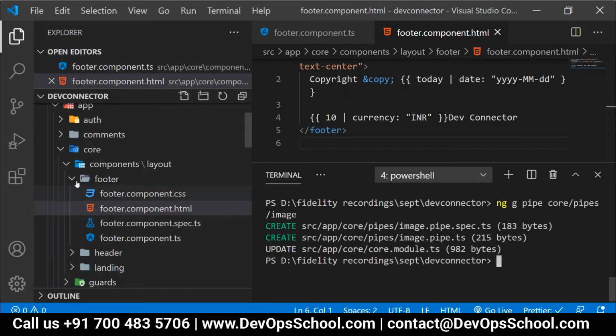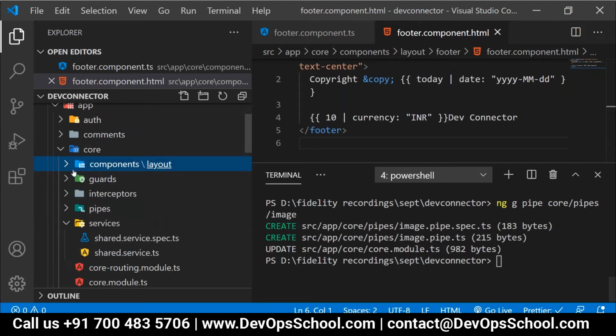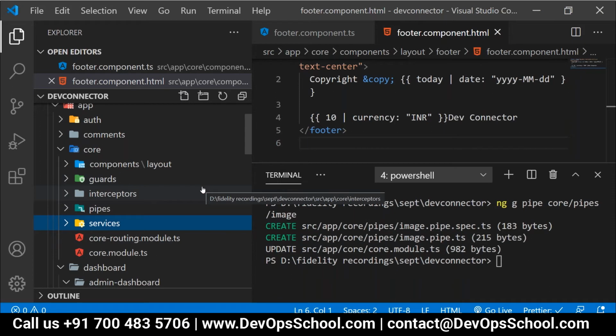Now, if we look into the structure for this core module, have a look over here. This would be your standard structure for any module. Is it clear or not? In this way.